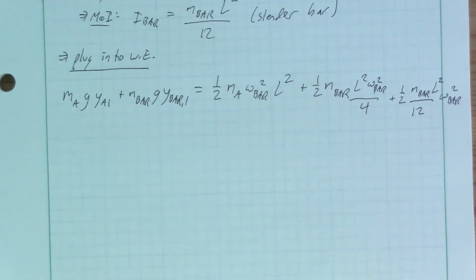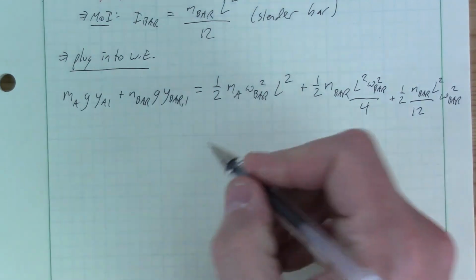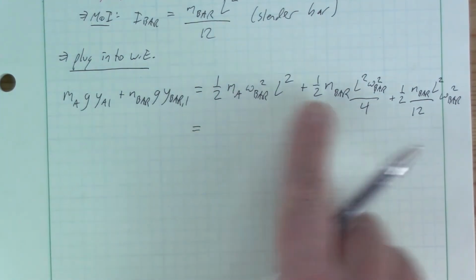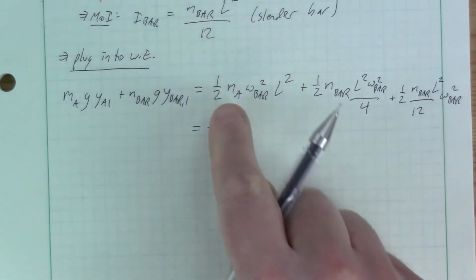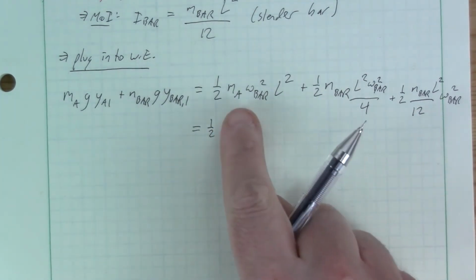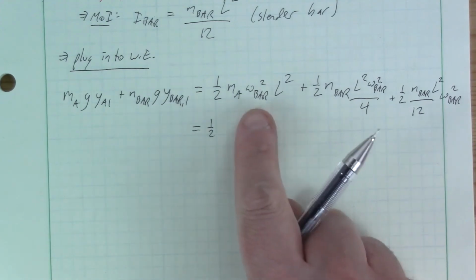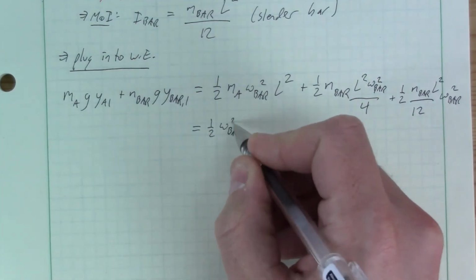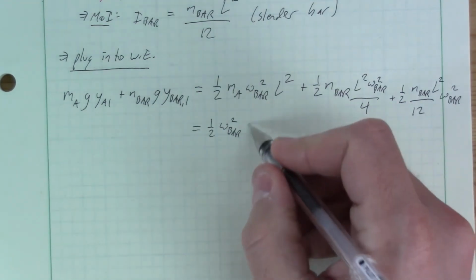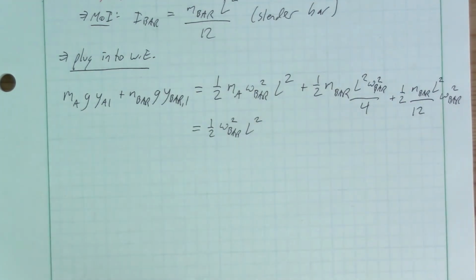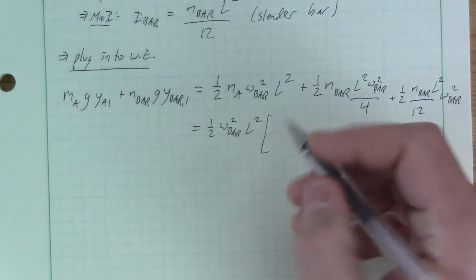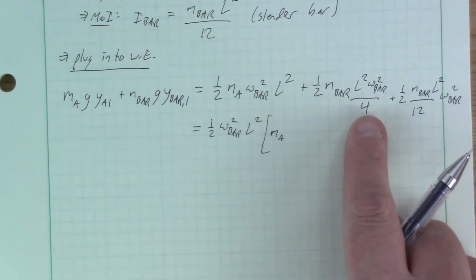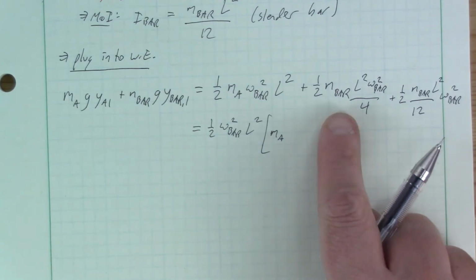Okay, so this left-hand term, we'll do some calculations once it's time, but let's see if we can combine all of these. All of these terms have a 1/2. All of these terms have an omega bar squared. All of these terms have an L squared. What's left over? Well, we have a mass A. We already took a 1/2 out of here. What else do we need to take out of here? These are both